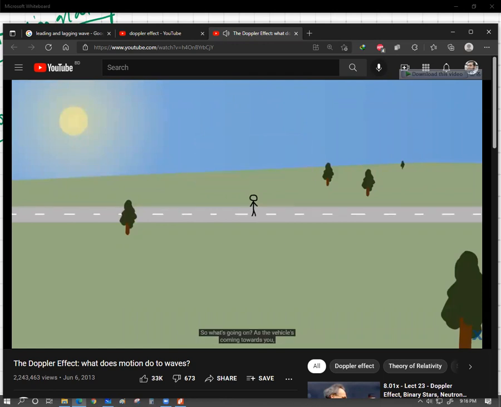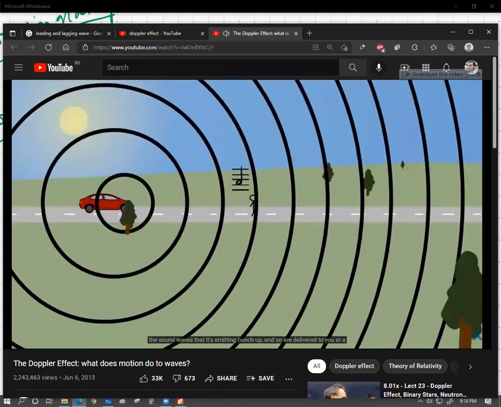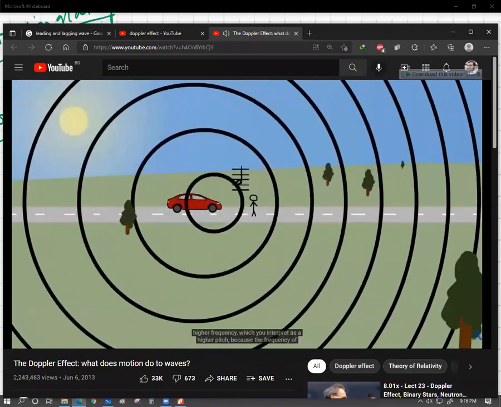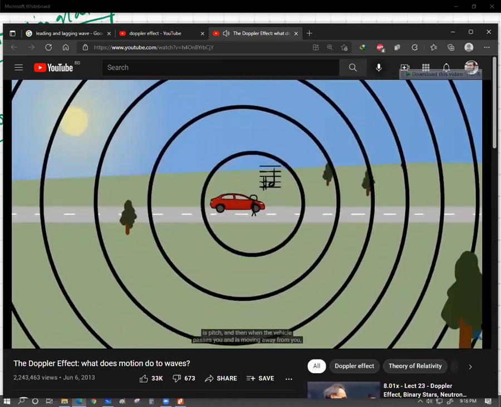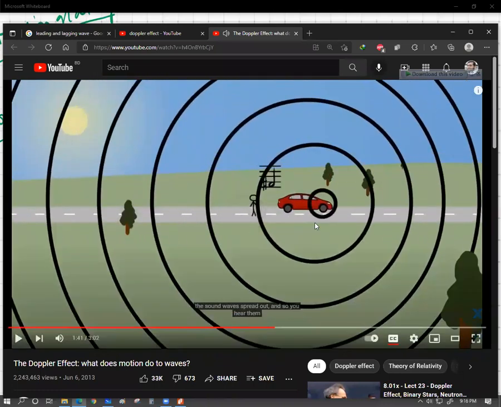So what's going on? As the vehicle's coming towards you, the sound waves that it's emitting bunch up, and so are delivered to you at a higher frequency, which you interpret as a higher pitch, because the frequency of sound waves is pitch. And then when the vehicle passes you and is moving away from you,